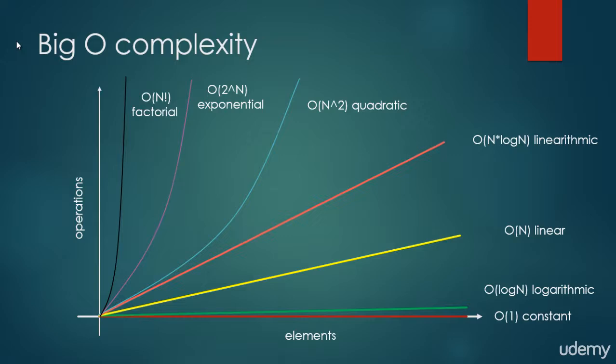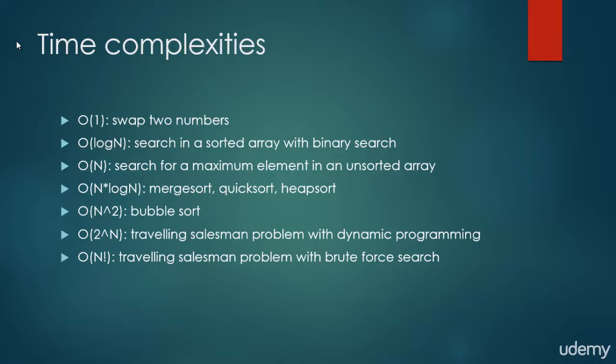The next one is the quadratic. For example, bubble sort has a quadratic time complexity, O(n squared). Then exponential is definitely not efficient, and factorial is the worst case scenario. So yeah, here are some examples I've been talking about. Swapping two numbers, then searching in a sorted array with binary search, which has logarithmic time complexity. Then linear time complexity: we usually want to reduce most algorithms to linear or logarithmic time complexity. With the help of, for example, a hash map,